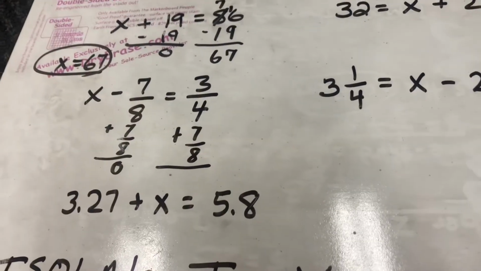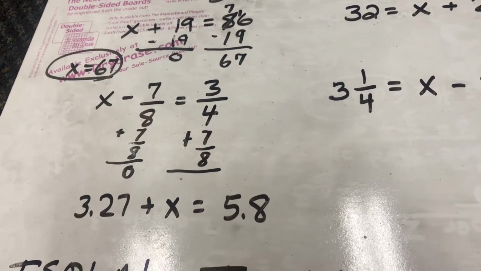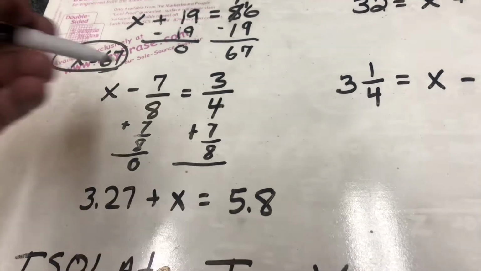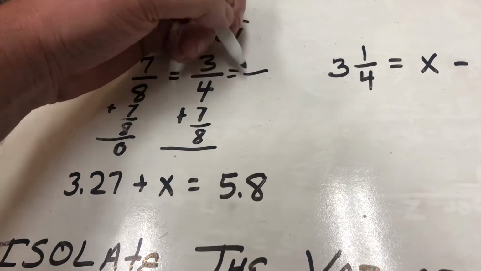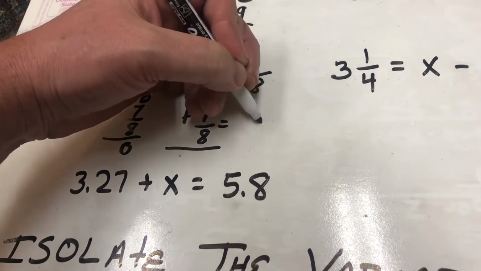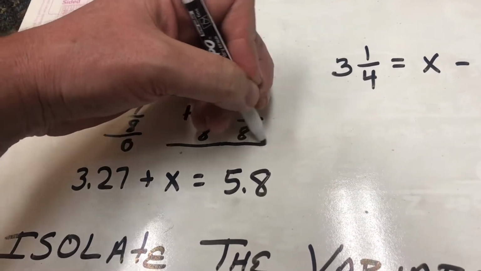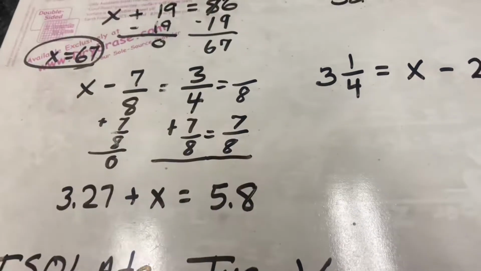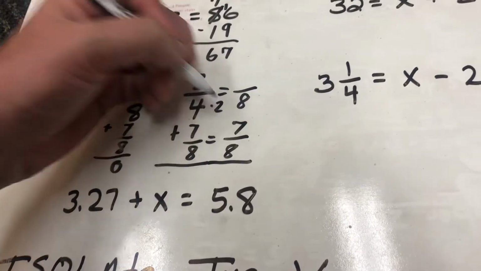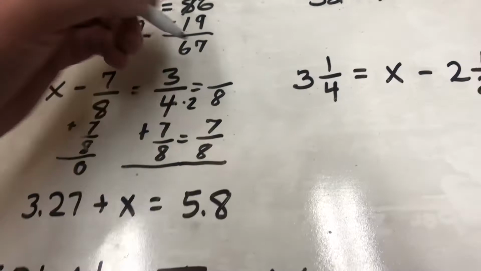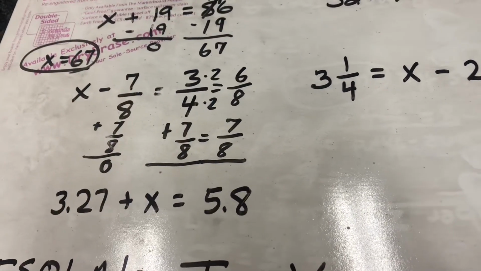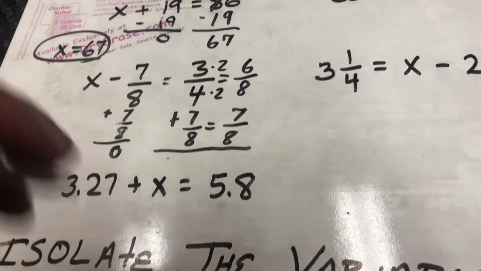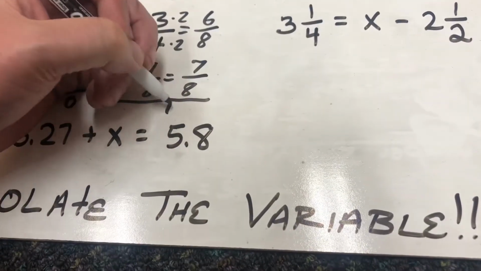And we need to remember our rules of fraction addition. I've got to find a common denominator. With 4 and 8, I think the common denominator is going to be 8. That's going to stay 7/8. It was 4 times 2, which gave me 8, so it's got to be 3 times 2. That gives me 6. 6/8 plus 7/8 equals